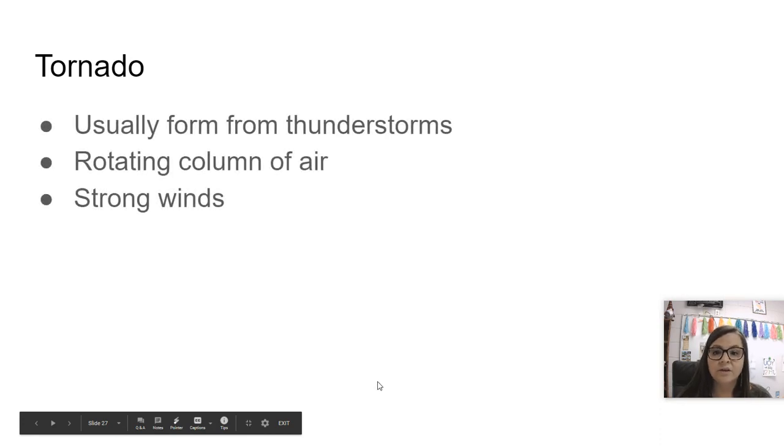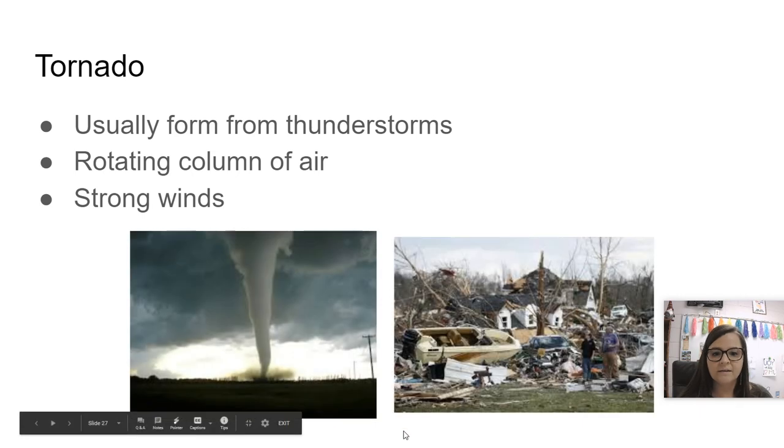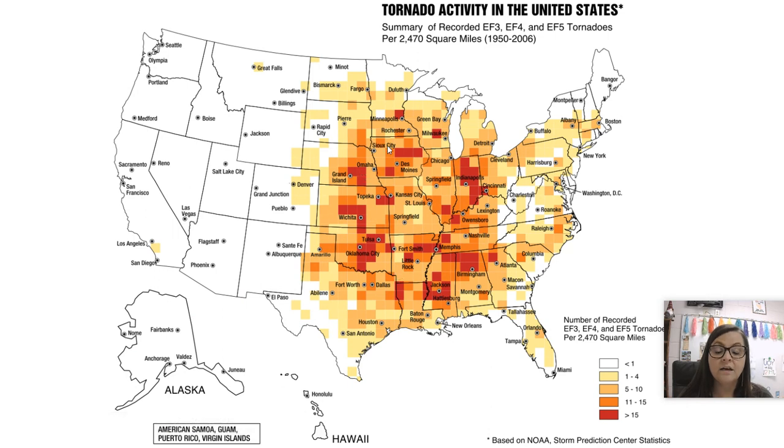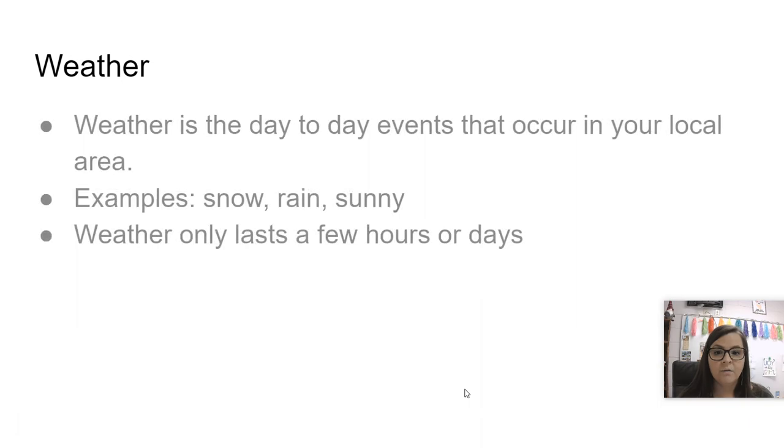Tornadoes usually form from thunderstorms. It's a rotating column of air, very strong winds. And there's Tornado Alley. They occur a lot of times in the central part of the United States. Weather is day-to-day events